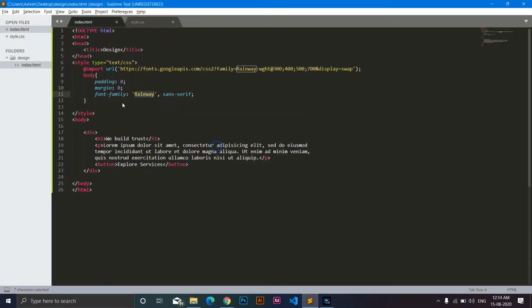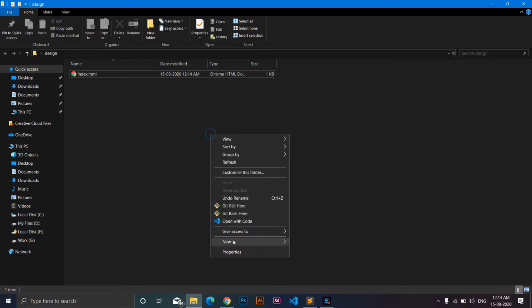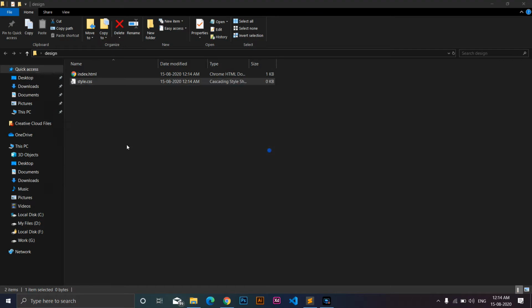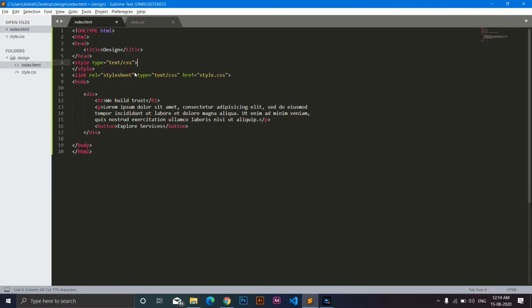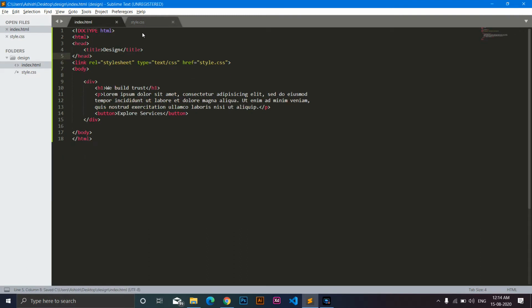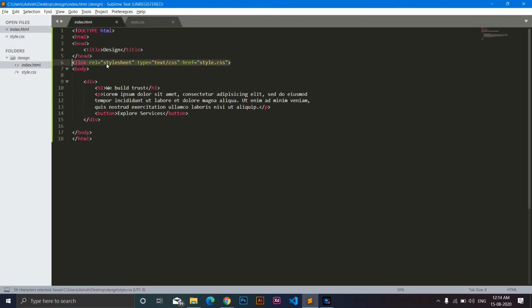Now let me introduce you to the external CSS. External CSS is nothing but writing all your CSS inside a separate file, and we do this with the link HTML tag. The link HTML tag allows us to attach separate CSS files. Let me add a style.css file, and we'll have this style.css file inside the same directory. Let me create this file, and you can open this file from here, and we can copy all the stuff from this tag and get rid of this style tag. Save, go back to our CSS file, save, and make sure it is linked at the top over here.